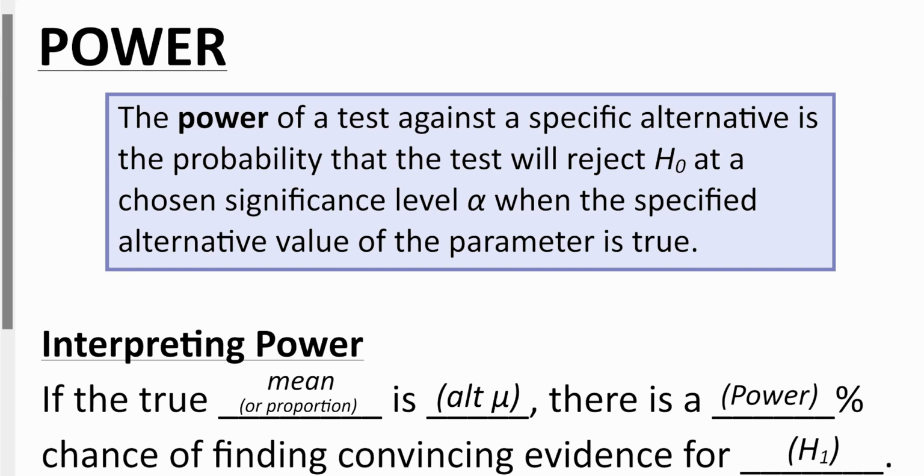So, quick definition for you. Power of a test against a specific alternative is the probability that the test will reject H naught at a chosen specific significance level when the specified alternative is true. In other words, let's put that into fewer words. The power of the test is the probability